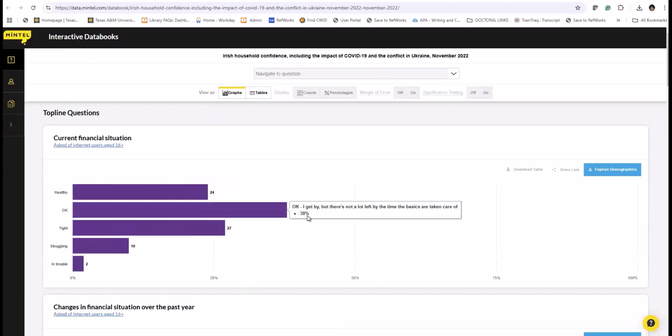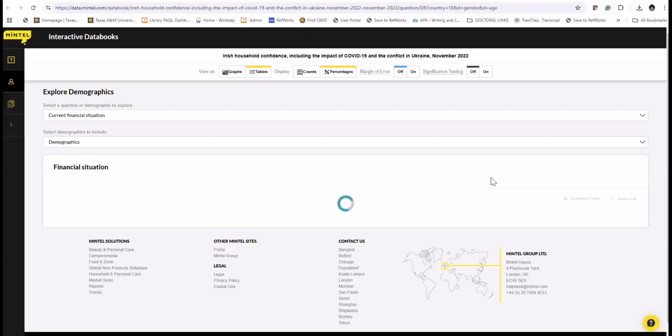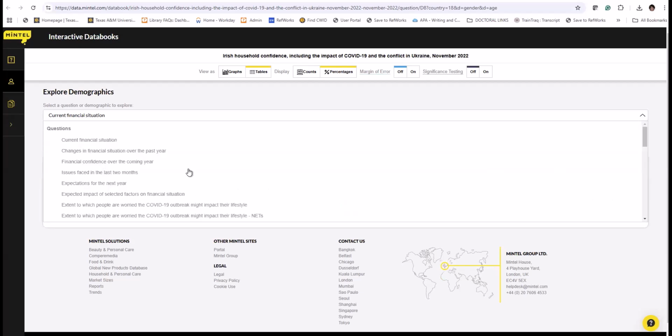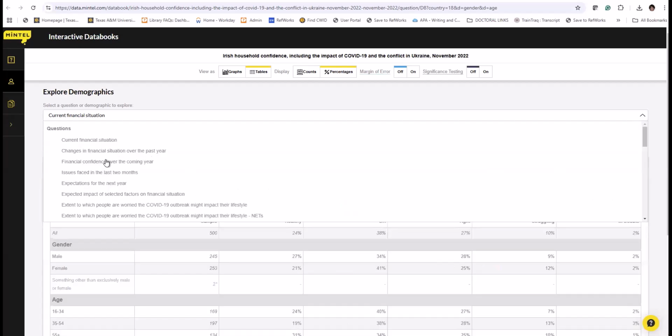And here it is. I click on consumer data. If you want to filter the type of data that you're looking for, you need to click on explore demographics. Here you may select the kind of question that you have, like current financial situation, financial confidence, and so forth.